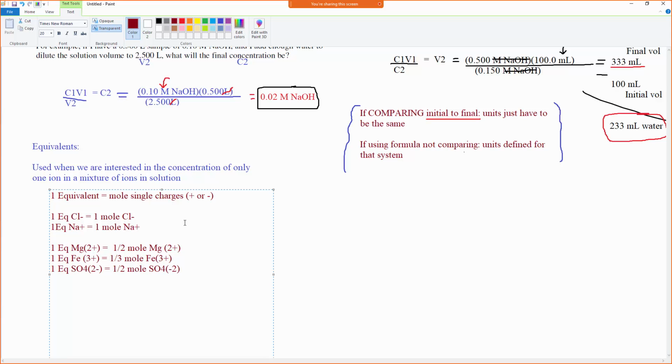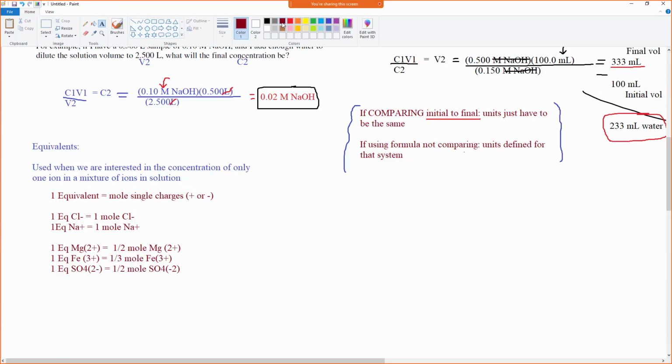Because you take that -2 multiplied by half, that gives you one equivalent ion. And again, it doesn't matter if it's positive or negative. So we can have an equivalent of positive ions and an equivalent of negative ions. And what you find is that in solution,